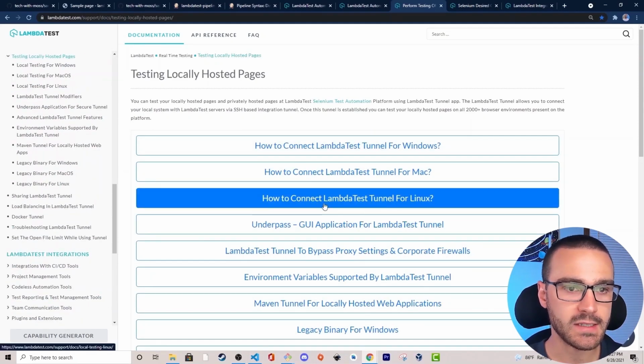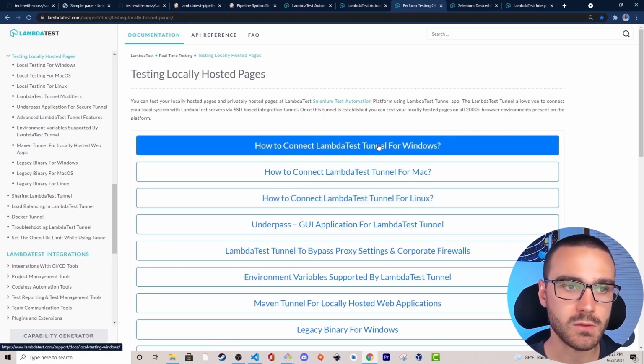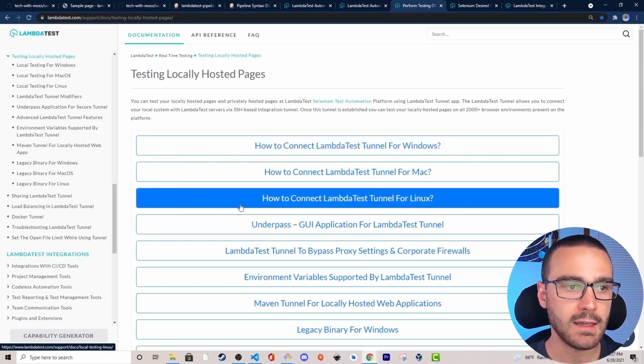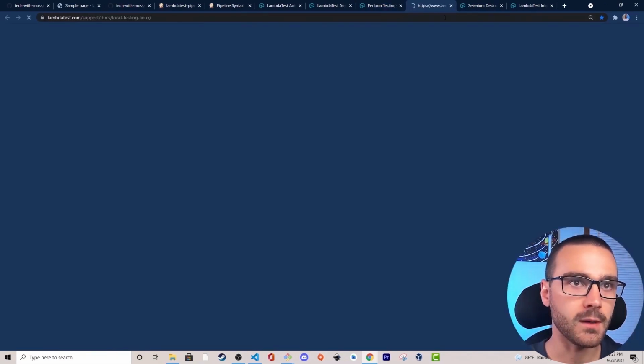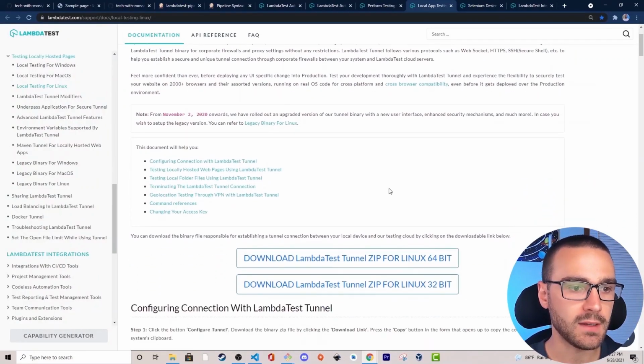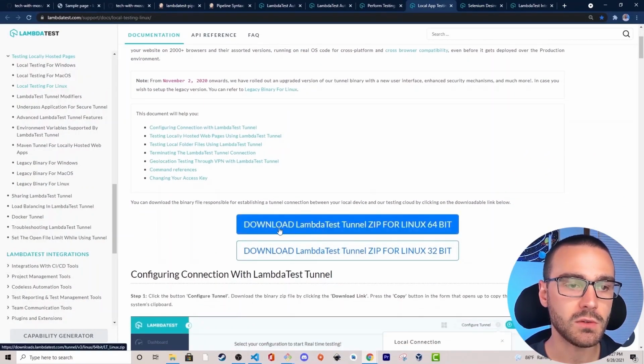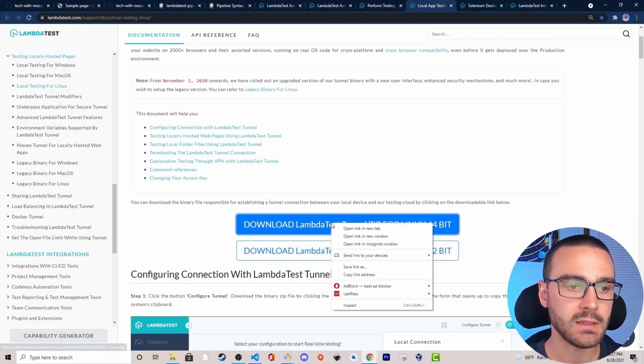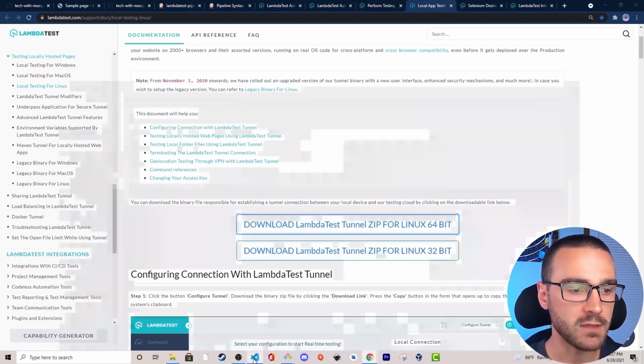how to connect Lambda test tunnel for Linux, my Jenkins server is running on Linux, so I'm going to select this link. But of course, if your Jenkins server is running on Windows, you would want to select this link. And I'm going to open up this page, and if I scroll down, I have a link here to the Lambda test tunnel binaries. So I'm going to go ahead and copy that link address, and then I'm going to open VS Code back up,